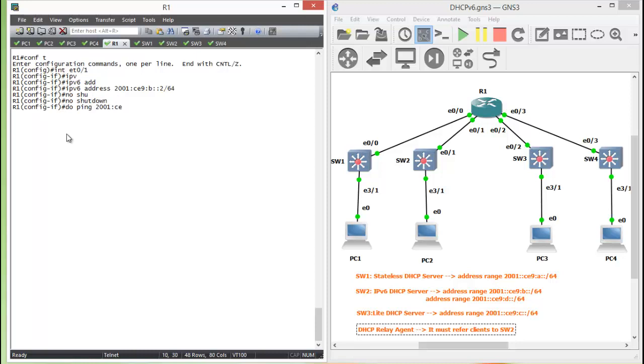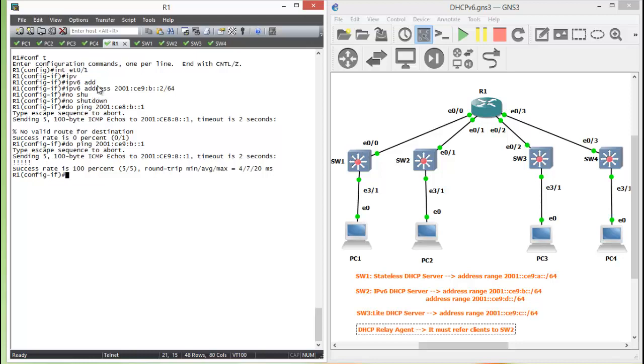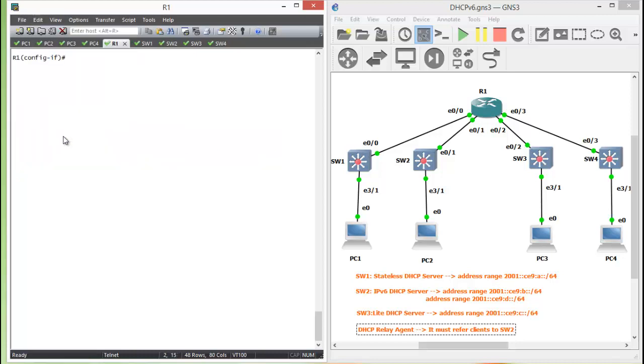2001:CE9:B::1, sorry, CE9, I put 8 here, and they're connected. And then I go to interface Ethernet 0/2 and assign the IPv6 address 2001:CE9 and C::2/64, and no shutdown, and ping